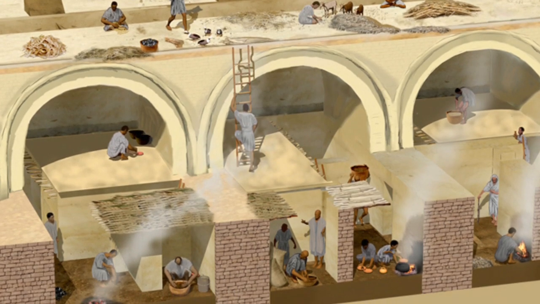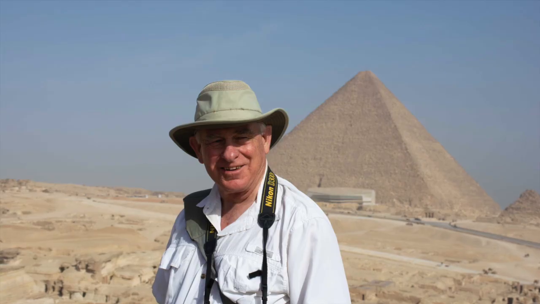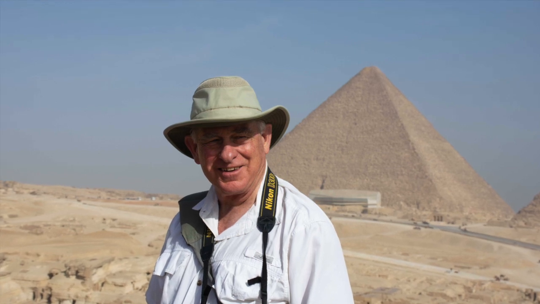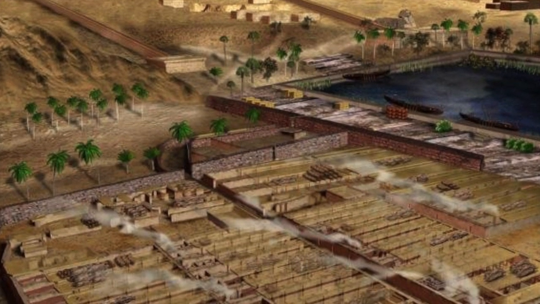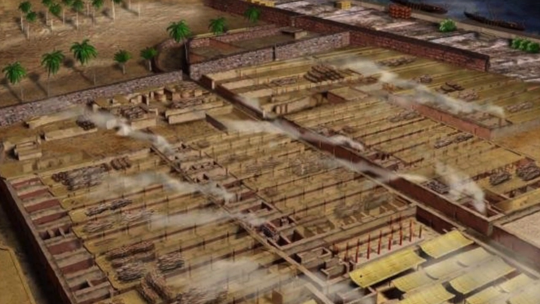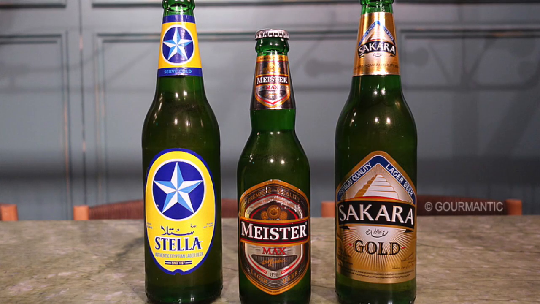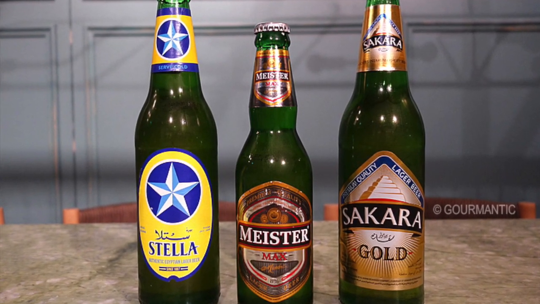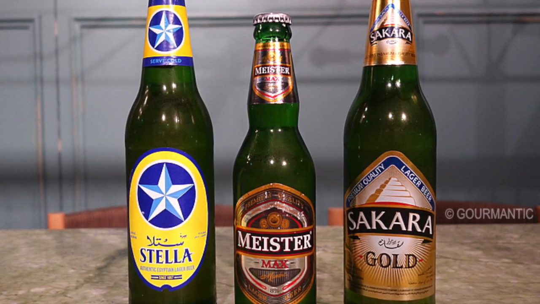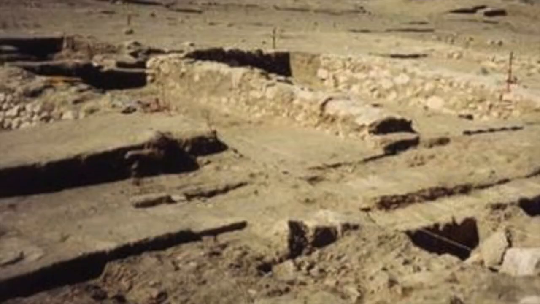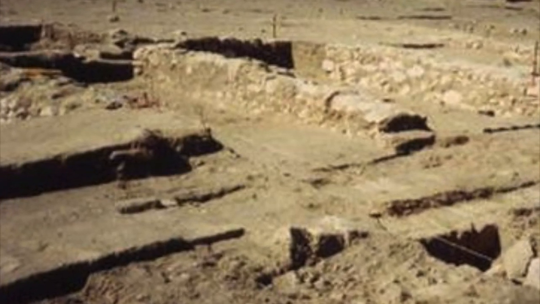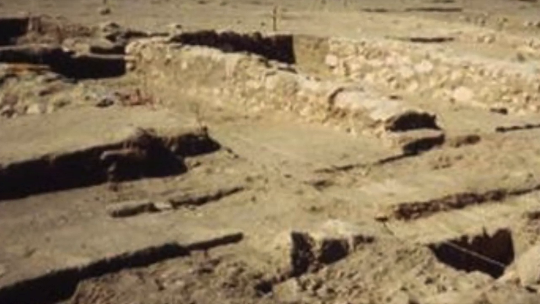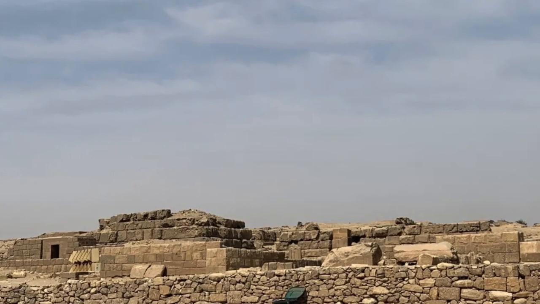Brier goes on to highlight the work of Mark Lehner, who uncovered parts of the temporary village where lots of construction workers lived. They found the remains of houses, granaries, butcher shops, bakeries, and perhaps most importantly, breweries. I'm joking, of course, but this was a fantastic... Well, I'm not joking, they found the breweries, but I'm not saying that's the most important part of the discovery. This was a fascinating discovery, all the same, which gave us enormous insight into how these people lived, how they were treated, and how they ate. Quite well, it seems, in all fairness.